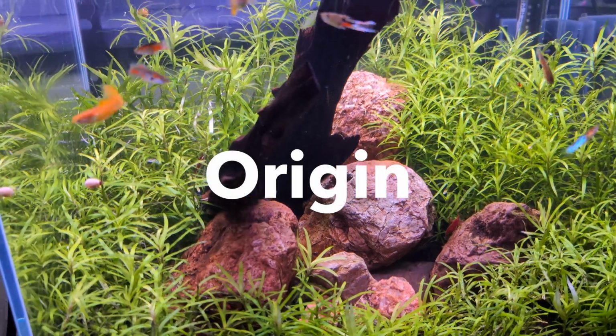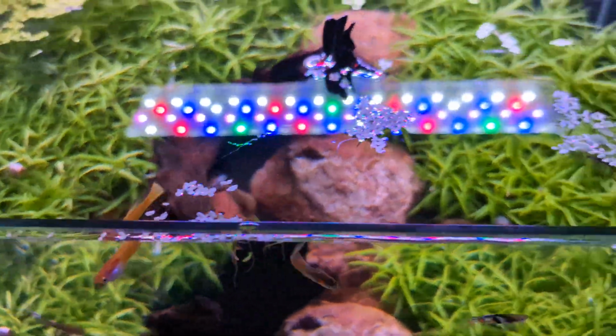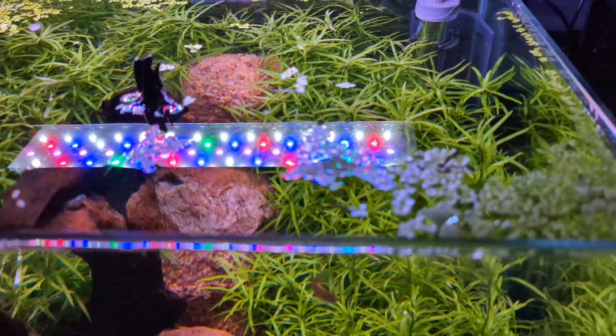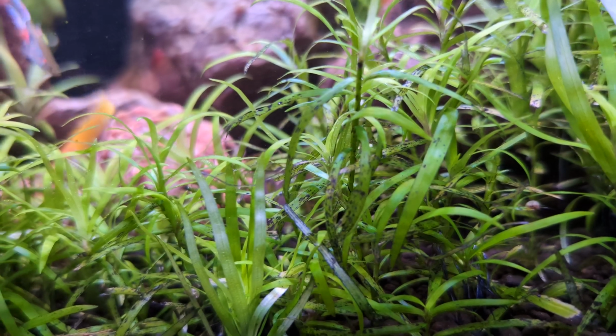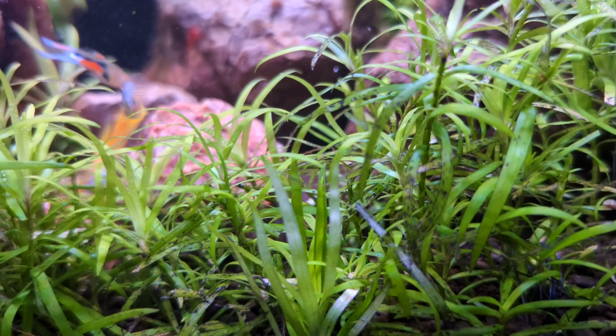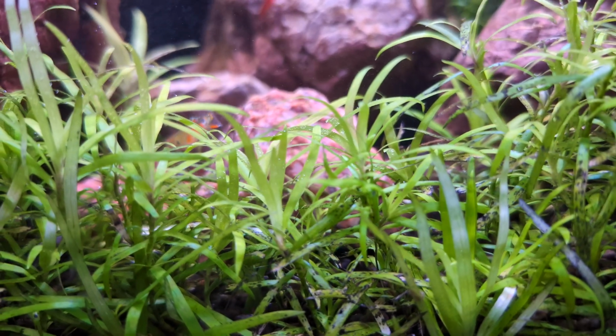Stargrass, or Heteranthera zosterifolia for its scientific name, grows naturally in almost stagnant to slow-moving waters in Brazil. You can see some neat footage of this plant growing in the wild if you watch the BBC's Green Planet,